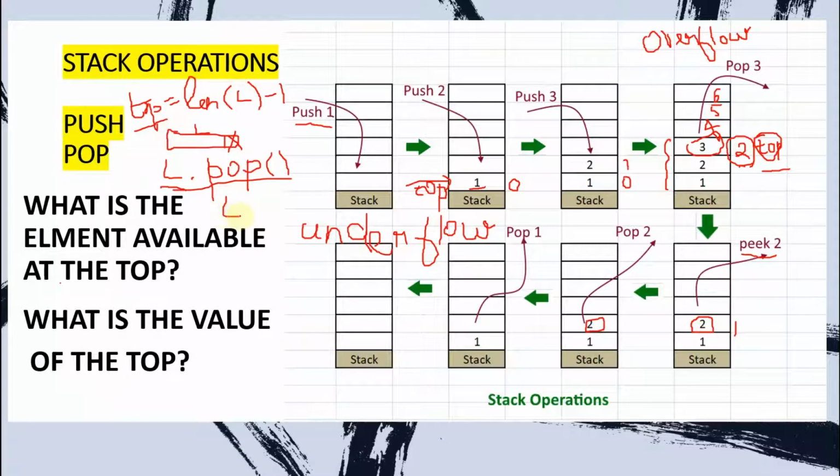So if I have L of top, I can tell the element which is available at the top. Top is the index which tells us where the element is available, and L is the name of the list. So L within brackets, with the index value top, tells what the element at the top is. And how can we find the value of top? That is what I have told you: top is equal to len of L minus 1.